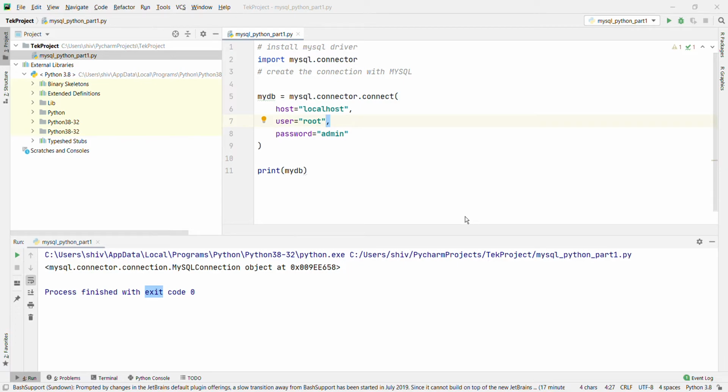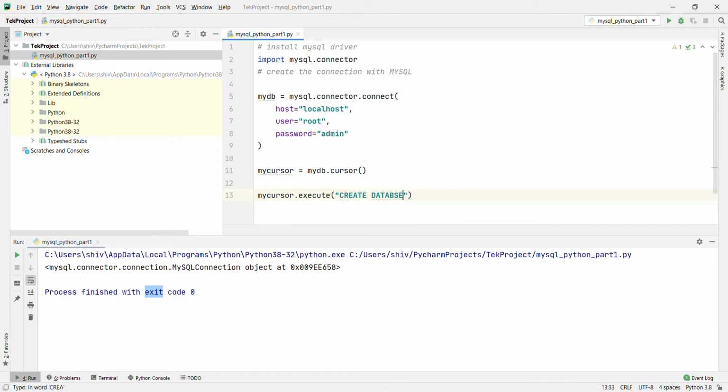To create the database in MySQL, we are going to use the create database statement. mycursor equal to mydb.cursor, and after that mycursor.execute, and now I am going to pass the query create database textsolution.